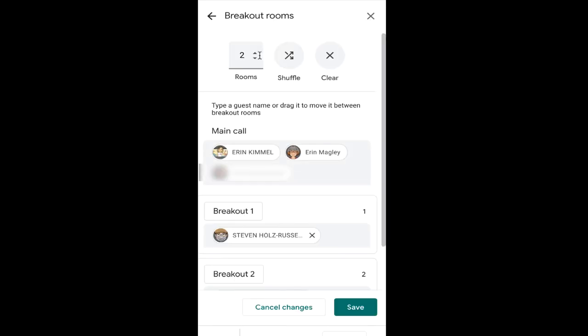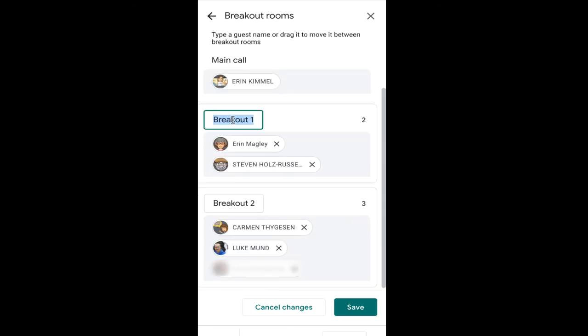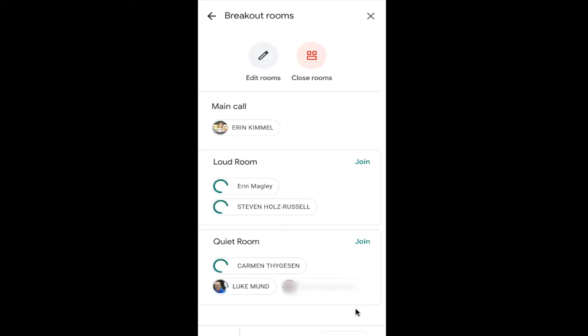You can edit rooms mid-call in the same way that you originally edited rooms. You may want to rename your rooms as well. You can click on the title, and you can give each of your rooms a name, and that's what will appear at the top of your students' screens. When you click Save, you'll then see that the new rooms have been created and participants will or will not